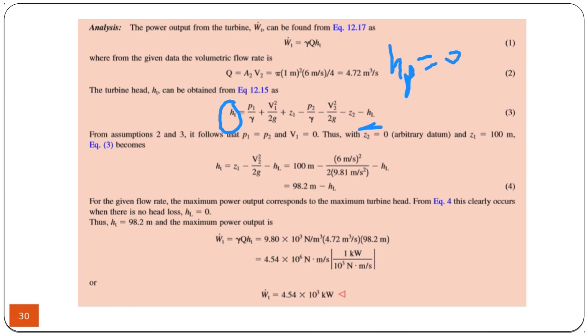All the rest comes from the rest of the equation. This is the left-hand side, this is the right-hand side. So we have just arranged the energy equation so that we can obtain the turbine head as a function of the others. So when you use the given values, for instance, the elevation head is 100 meters, the flow velocity